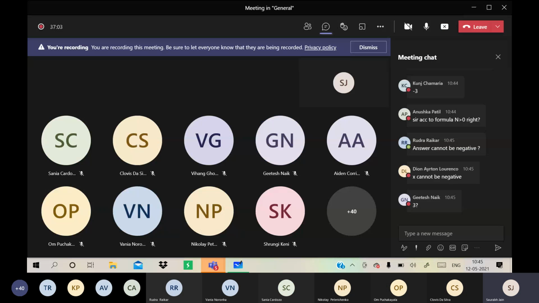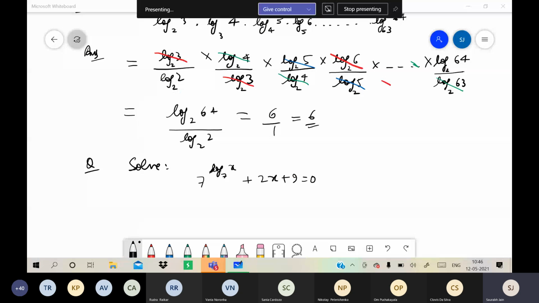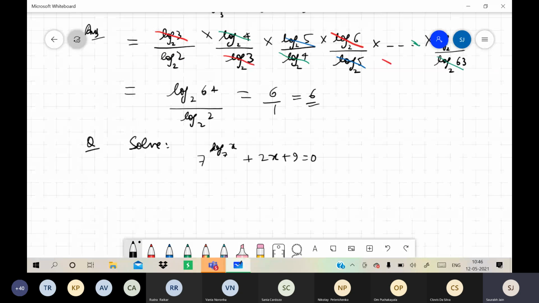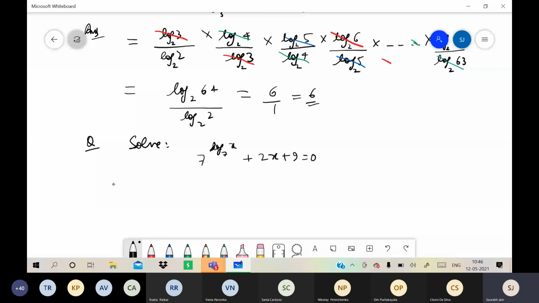Because see, the question seems easy, right? This you can directly write as x. Why is it so? Property number 4, a to the power log n base a is n. But do you remember when this holds? Conditions are equally important. So when you solve now, you will get x as -3, correct? But is this the final answer? The answer is no solution.